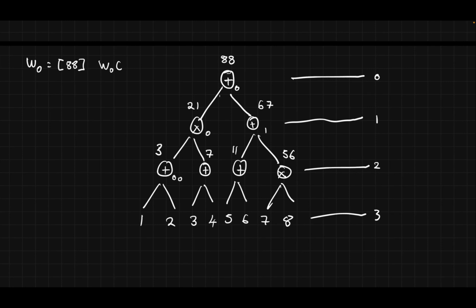This is 0, 0, 0, 1, 1, 0, 1, 1. So this is a polynomial that has just one input. That's all that is required to specify it. Now this other one is going to be a polynomial that has 21 and what,